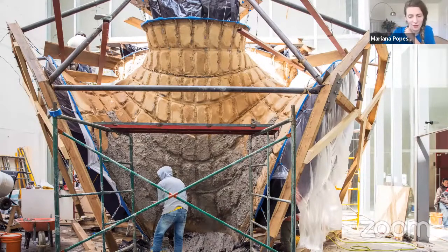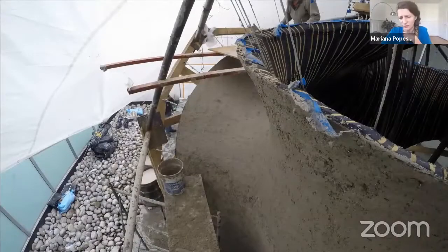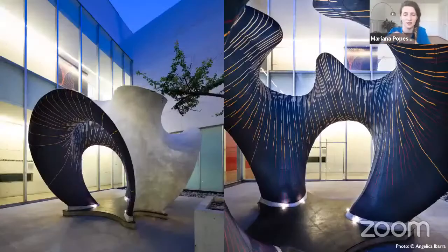Incredibly skilled concrete workers made sure that the structure could be applied. You can see them here doing this very skillfully. So finally, at the end, we got to this beautiful structure that has a hard concrete outside and a soft textile inside. The takeaways from this, and this is the last thing that I wanted to point out, are that